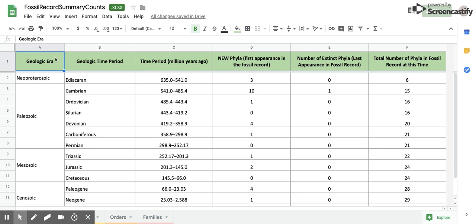The first column is the geologic era. Notice that there are 4 eras represented here. Each of the eras is broken down into smaller time periods known as periods, and they are shown in the second column. The third column shows how many millions of years ago each of these periods took place and how